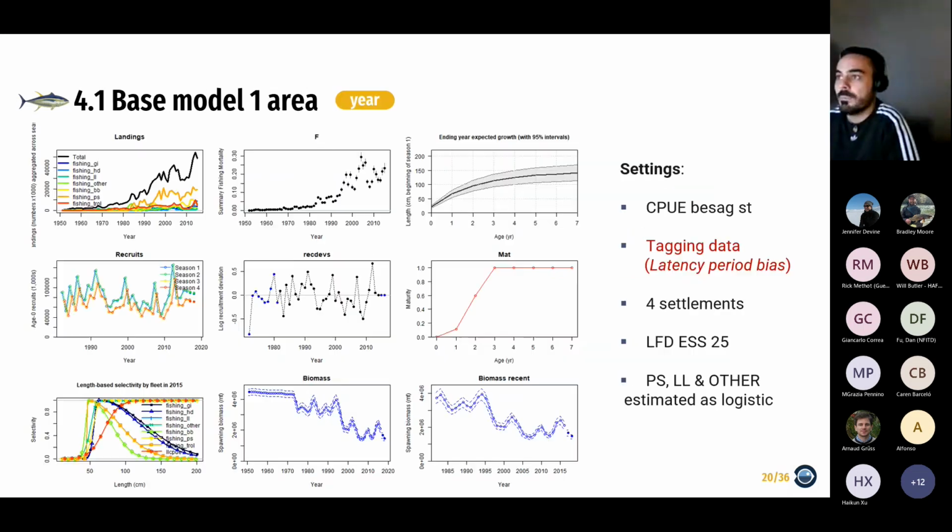So here I'm presenting you the summary of the base model of one area in the year configuration. This model includes the CPUE spatiotemporal, the 4 settlements, the selectivity of purse seine, longline and others is estimated as logistic, but we think this is not a big assumption. I mean, it's fine